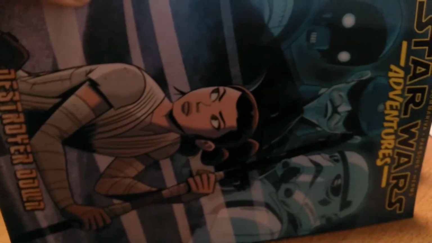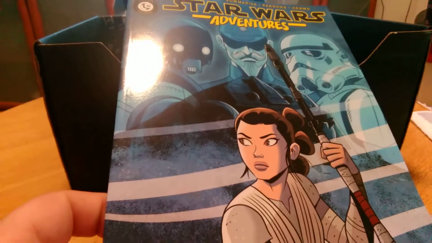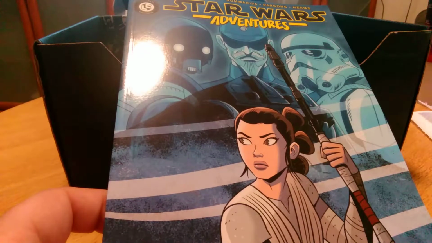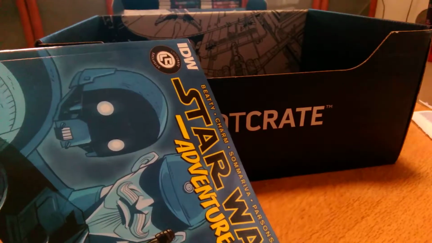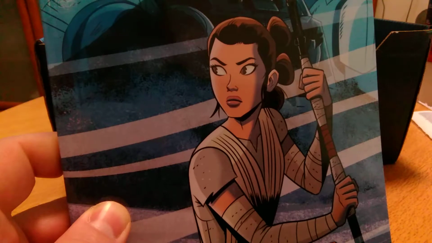Okay? This is a Star Wars comic book. It's called Star Wars Adventures. Now, it's not new for Loot Crate to have comic books inside it. A few months ago, they had a Star Trek comic book inside it, except there's one thing that bothers me, and it says IDW. Now, IDW is, of course, the publisher of this comic book,